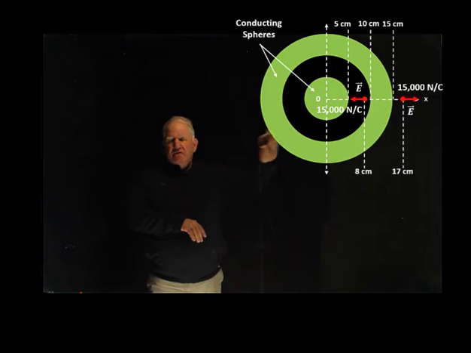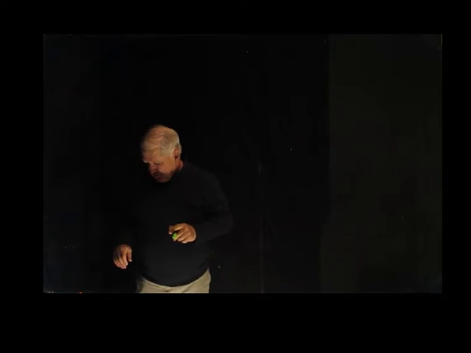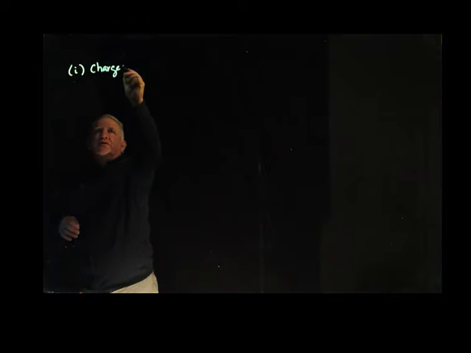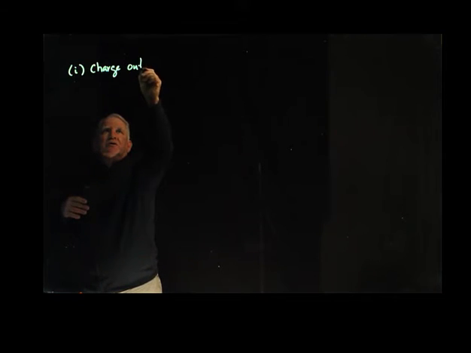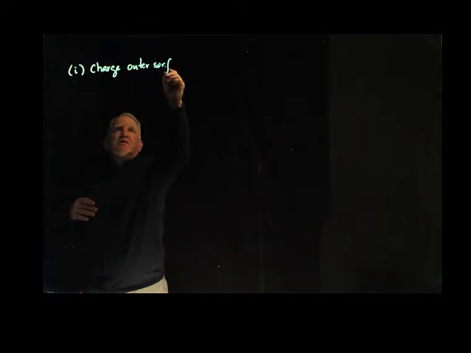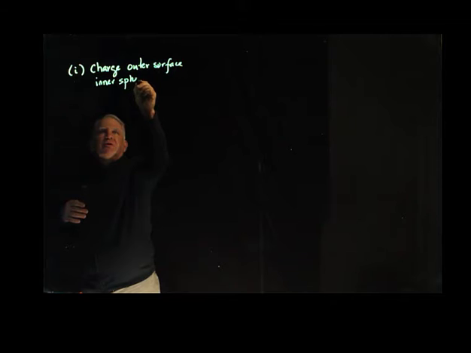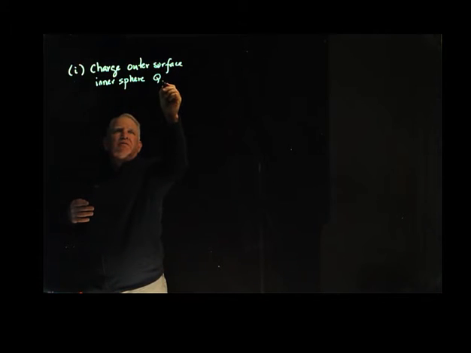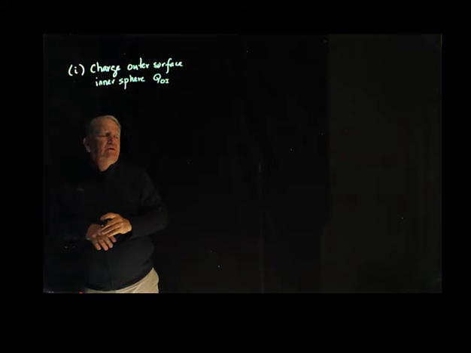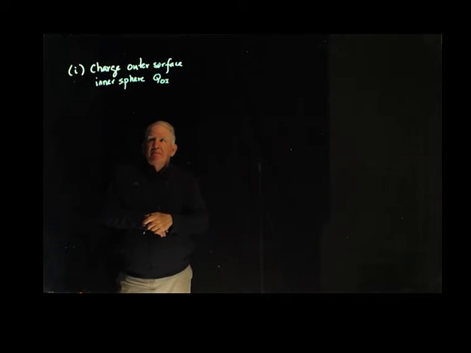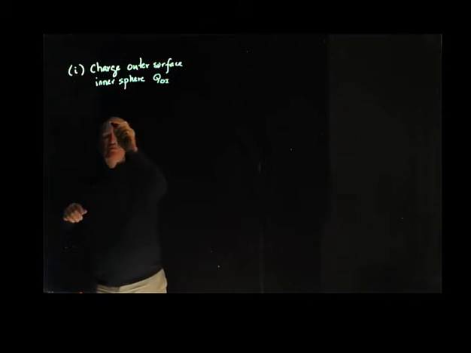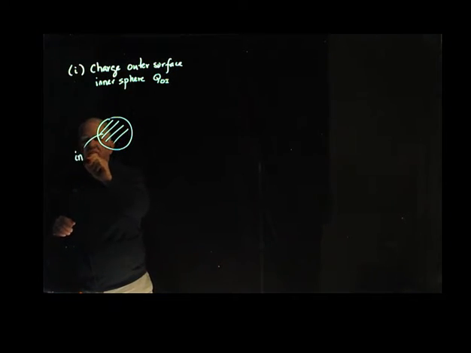So let's get the graphic and throw it away so I have a little bit more board room here. And let's start by finding the charge that's on the outer surface of the inner sphere. I'm going to call that Q of the outer surface on the inner sphere, Q_0I. All right, so the situation we have then is, if this is the inner sphere,